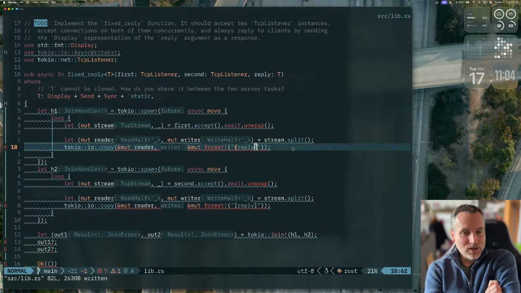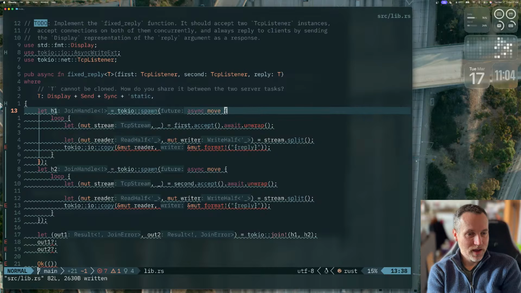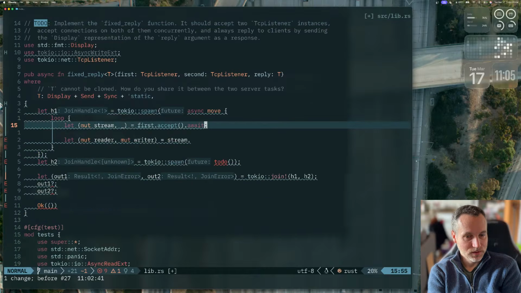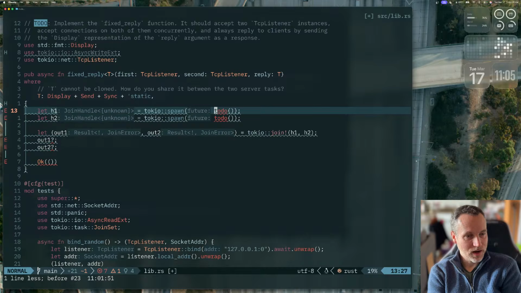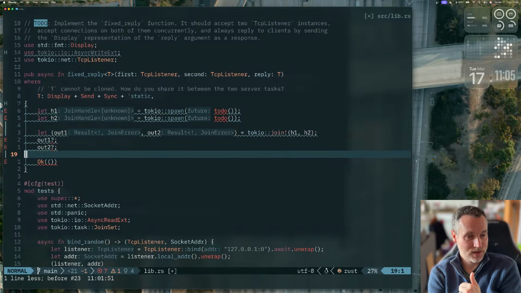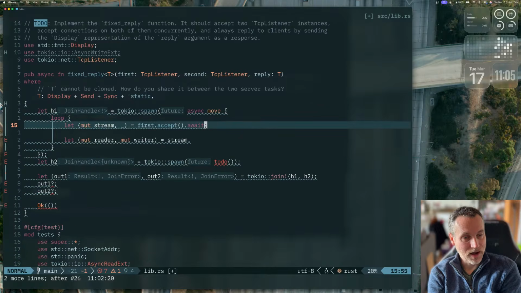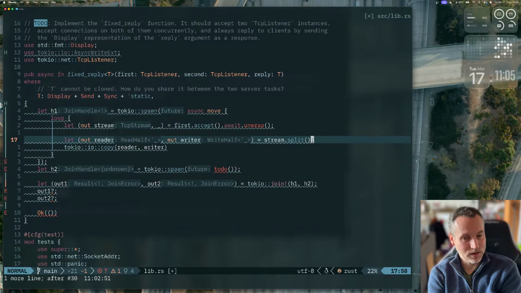Okay, so this is what we're doing. I'll do a couple of undos here so you can see what I was building out before. I was trying to build out what we had in the previous exercise. So you have 2 spawn threads. We're going to join them, and it's going to be okay. That's the idea. But now I need to take the reply, and instead of this copy